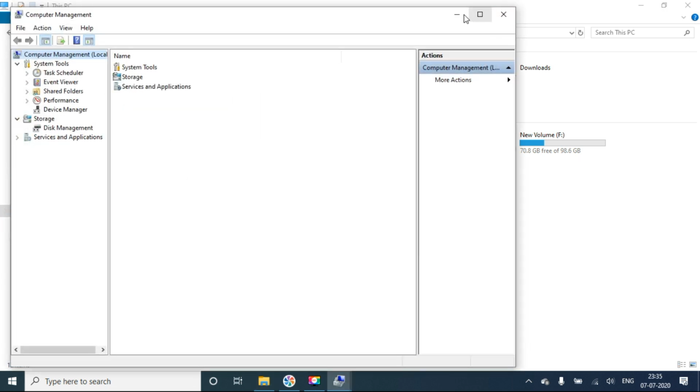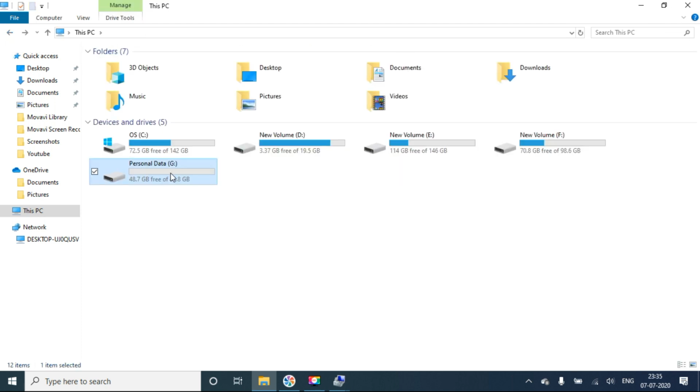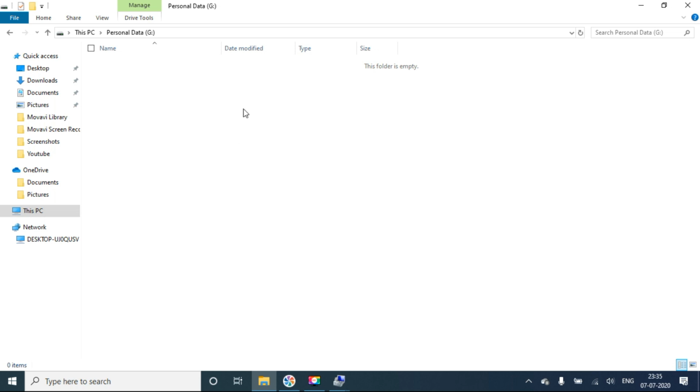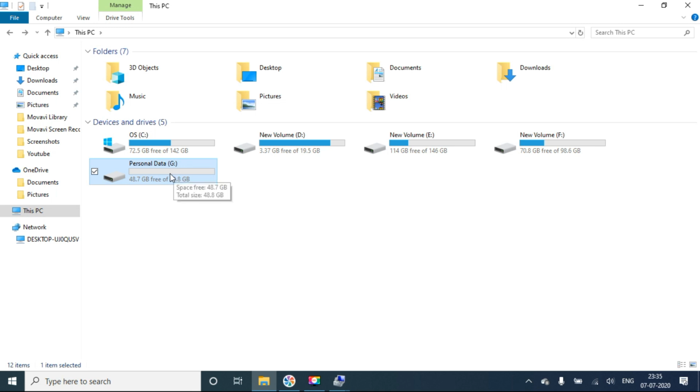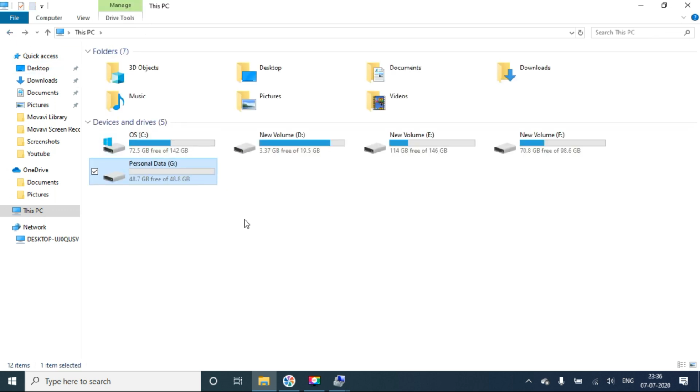When you are working on the source drive, the source volume will be there. If you want to move this memory to another drive, you have to take a backup of your data from this drive to another drive, because while it is merging into another drive, the source drive will be formatted completely, so you can't revert the data. If you kept any files, you can take a backup of them. That is the only thing.